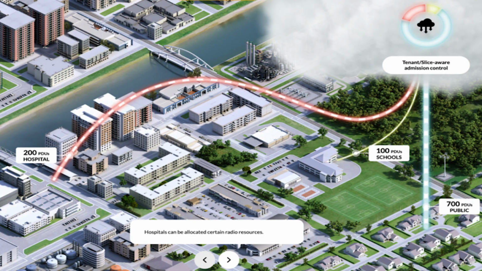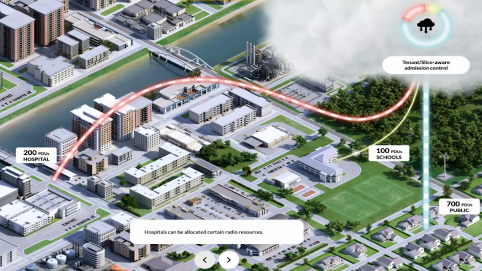Now, one example of an admission control use case here is simple. Rather than showing a demo, I just want to show you that suppose you have a simple network, you have schools, you have hospitals, and public domain. You can take your PDUs and allocate 3 slices, one for schools, one for hospitals, and the third one is public domain, best effort that anybody can use. Initially, you might allocate a certain number of PDUs like 100 to public schools, 200 to hospitals, and the rest for the